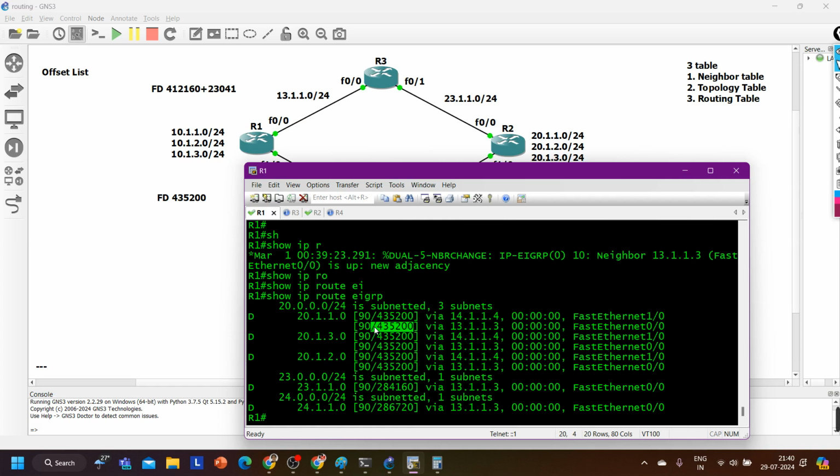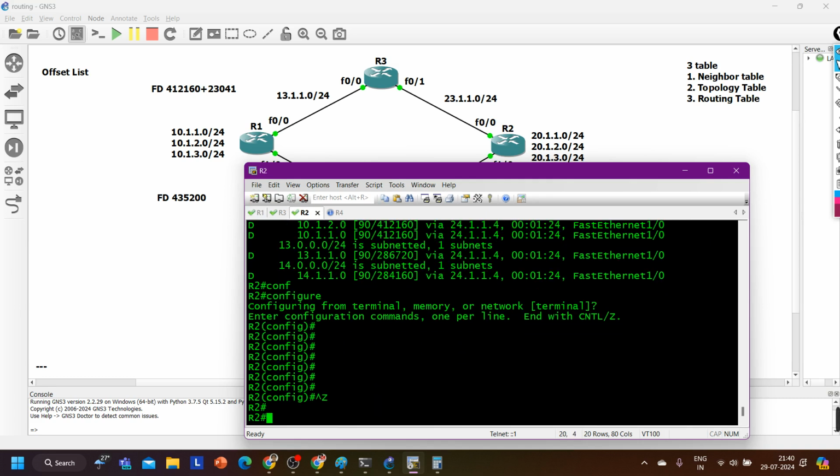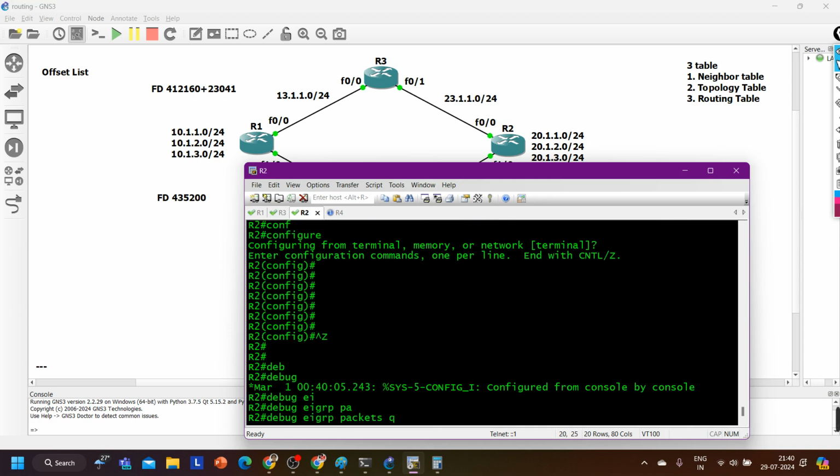But this is not the default metric, right? We have configured an offset list to make the metric equal. So that's why we are saying this is also unequal cost load balancing. Now the third concept in EIGRP is summarization. Guys, see, on router 2, if any network goes down, debug EIGRP packets